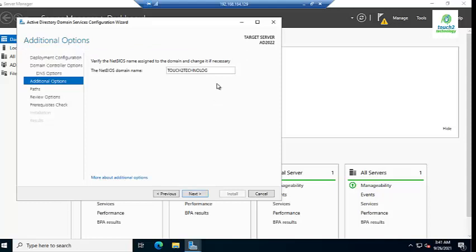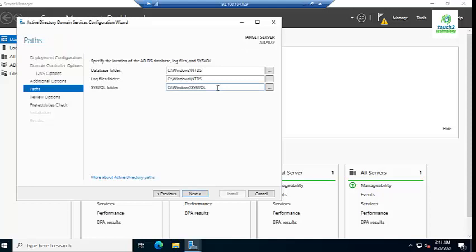Okay, I need some changes. So I click on it and change the name. Okay, click on next. Friends, it also mentions here that if you need any changes, you can click on change if necessary. I am changing it, a Y is missing here. I put in the Y, click on next, and wait for the next level.